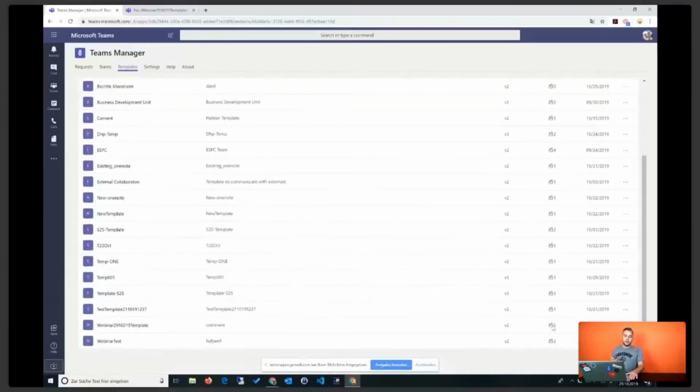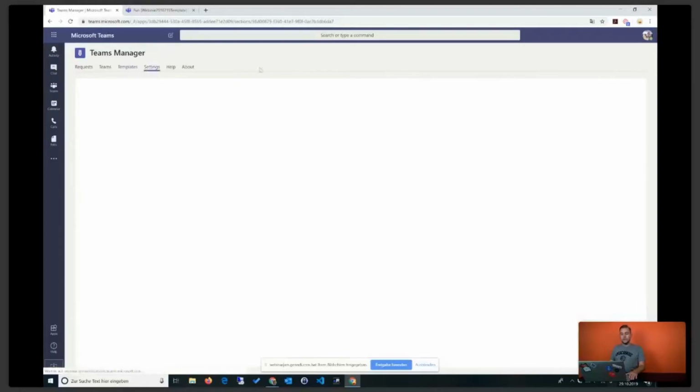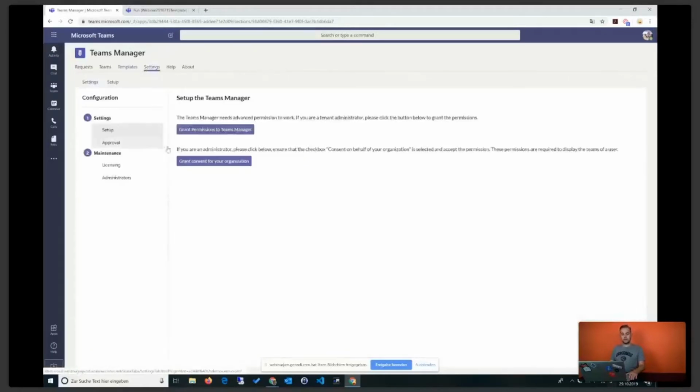But what I want to show you today is how easy it is to create a team based on a predefined template or self-modified template. And after the settings, I show you how to create a team based on that template. So let's go to the settings here and have a look what you can configure. First of all, there is a setup